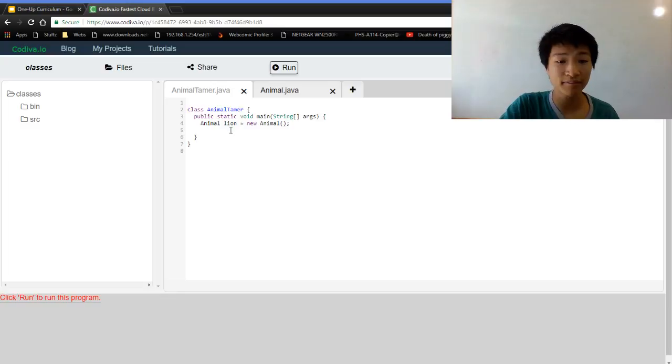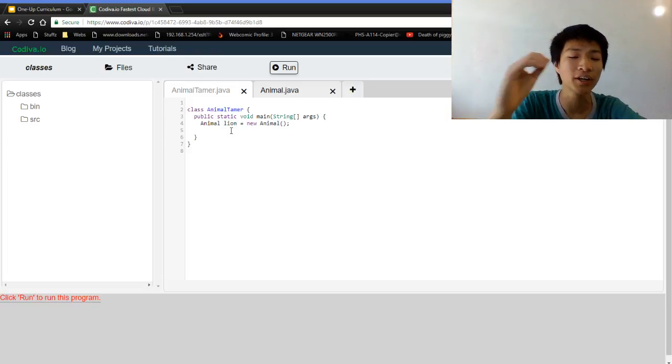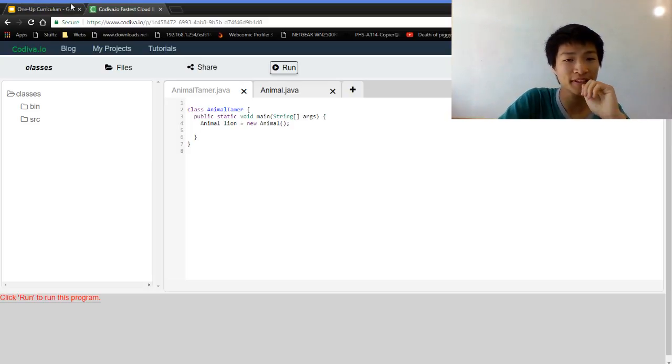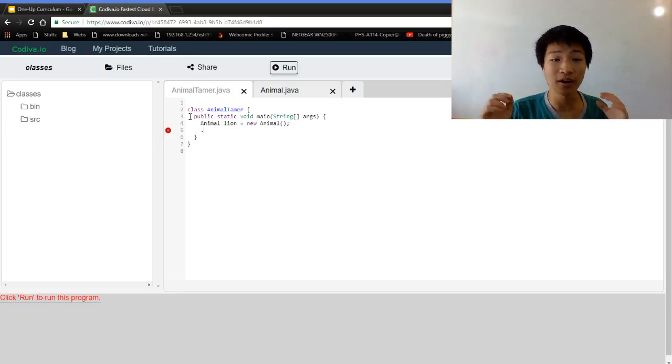I can say my lion, I want it to actually have a height of 100. Let's say give it 100 inches. It's a really tall lion. How do we do that? Well, there's a special little key. It's the dot key or the period key. Now what this does is it gives you access to the properties or functions of that class or of that